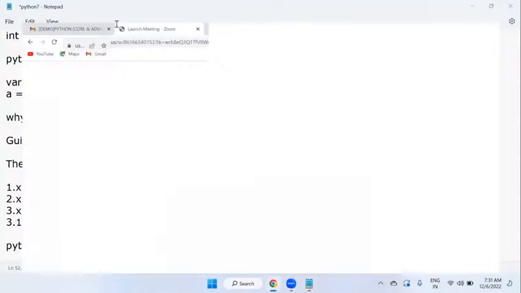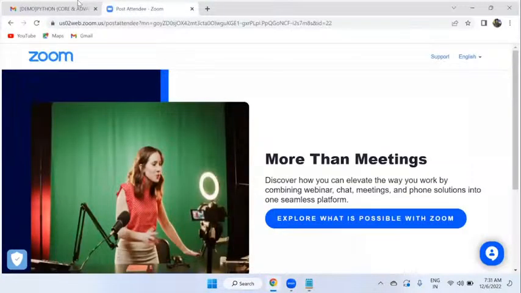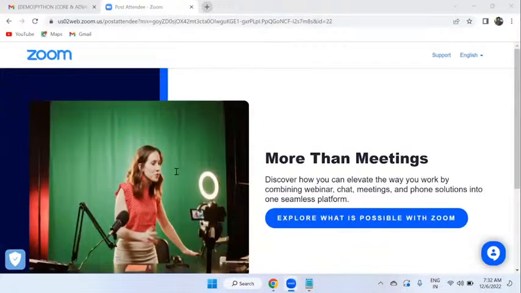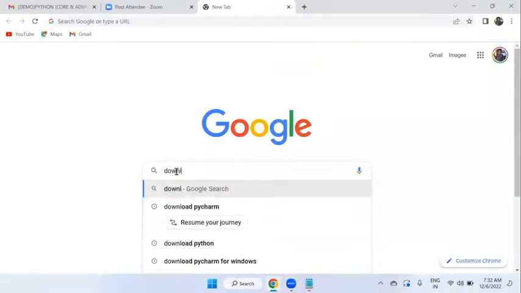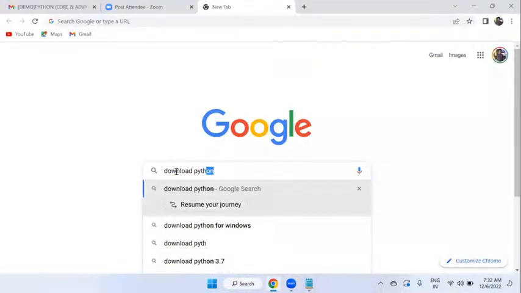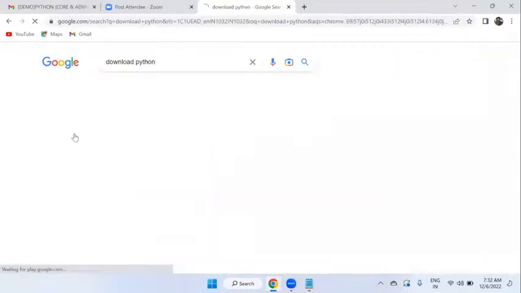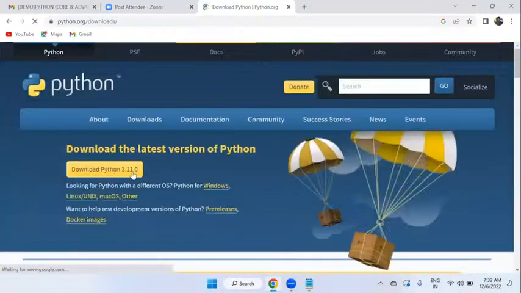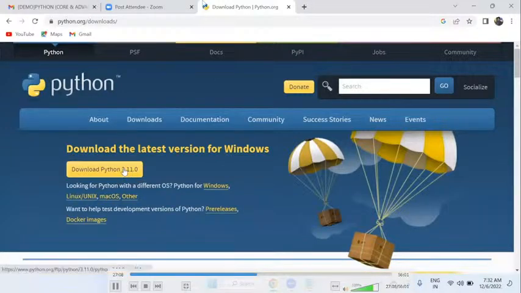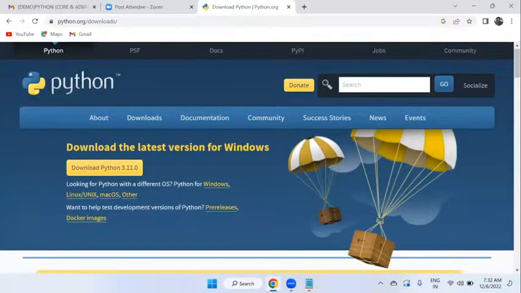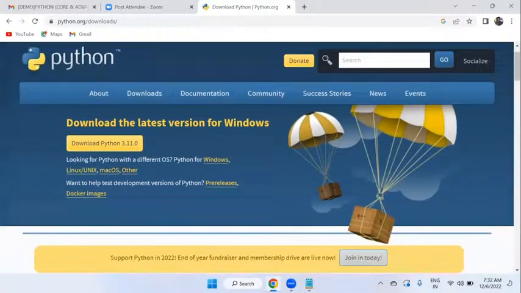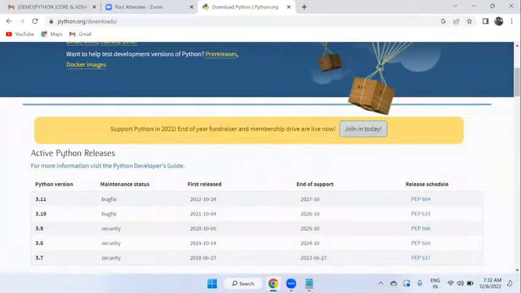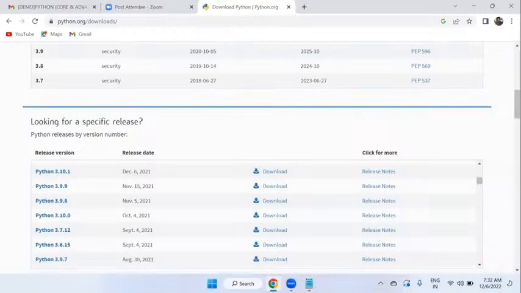Simply go to Google and open a new tab, and search for download Python. You will be able to see the official website, python.org. Now you can see this is the latest version, Download Python 3.11.0. If you want to download this current stable version, click on it. Also, if you are looking for old versions, you can scroll down and find plenty of old versions here. For whichever version you want to work on, you can click on download and use it. We are using the latest version only,